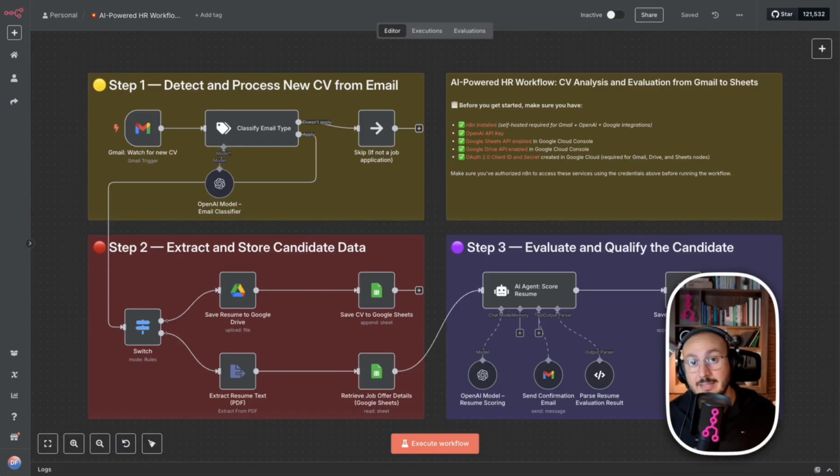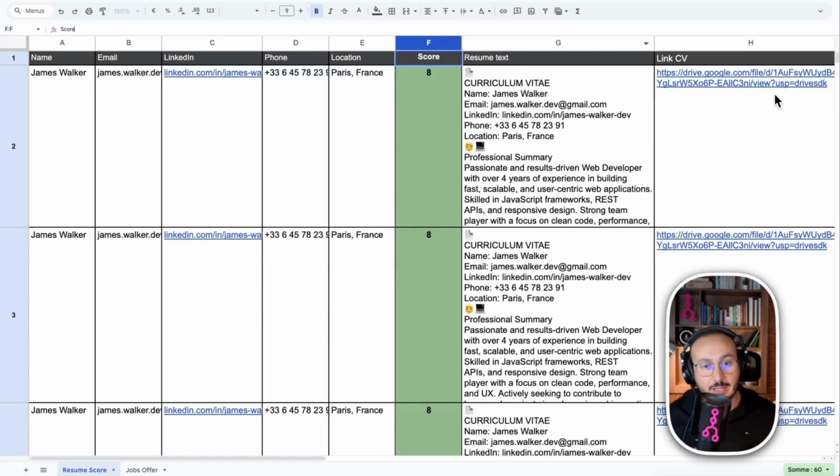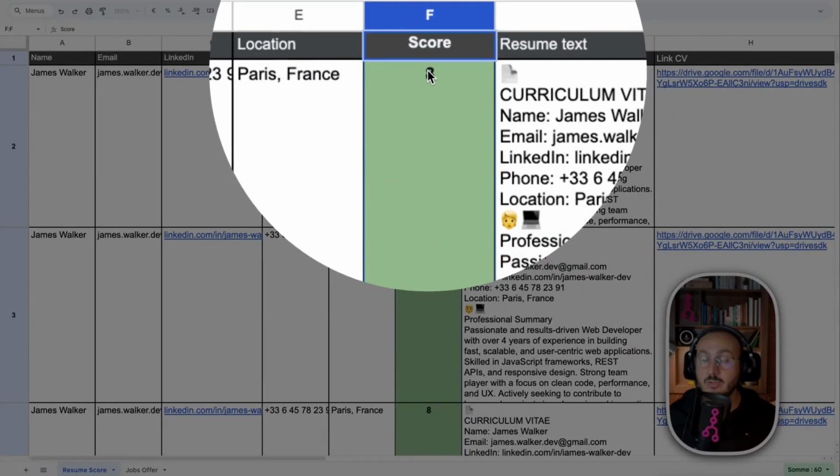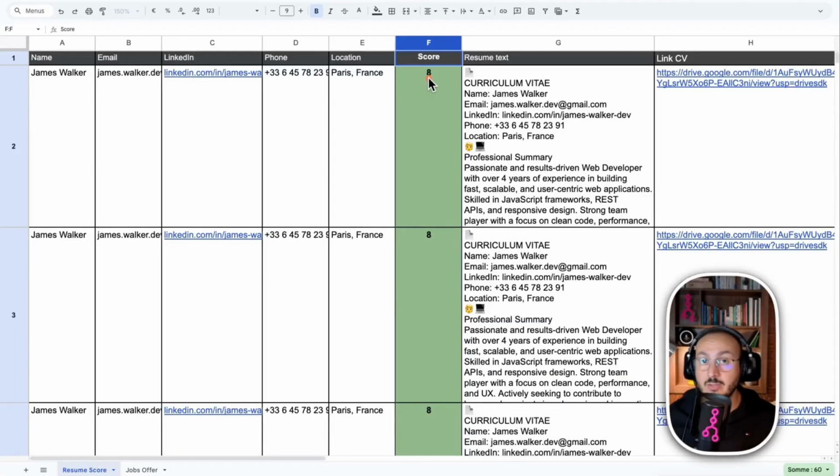So if it's a candidate applying for a position, what will happen is that it will save it to Google Drive, and most importantly, it will use artificial intelligence to try to give a score to this resume to see whether it's a good fit for the job offer or not. And automatically you will have an Excel file here that is well detailed, containing the name, email address, LinkedIn link, phone number, address, and most importantly, the person's score. So this score, as we mentioned, is calculated using artificial intelligence to determine whether the person might be a good